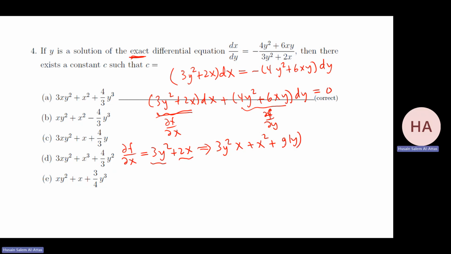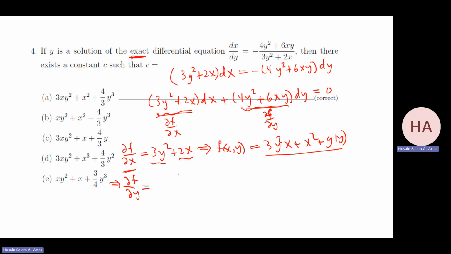Now I need to find that function of y by using the other side. So integrating with respect to x, I have f of x and y equals 3y squared x plus x squared plus a function of y. Now, what is partial f with partial y? I find it two ways. It's equal to this on one side, and I differentiate this with respect to y. So I have 6yx,